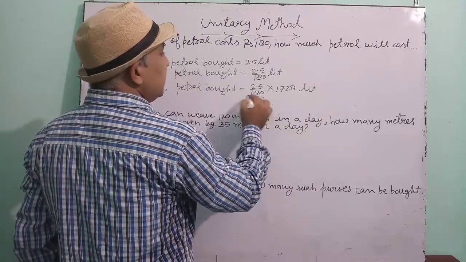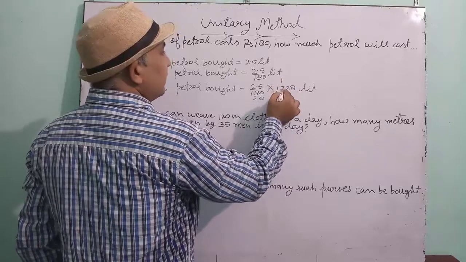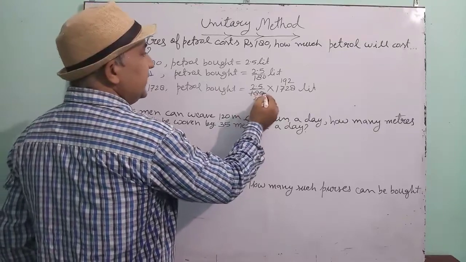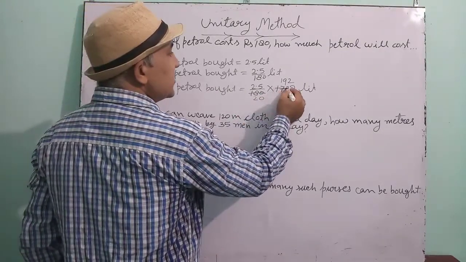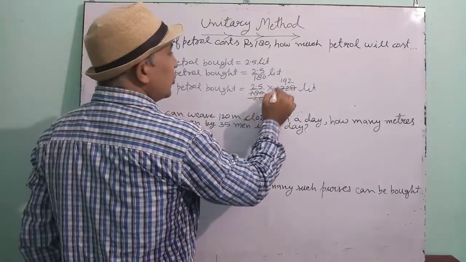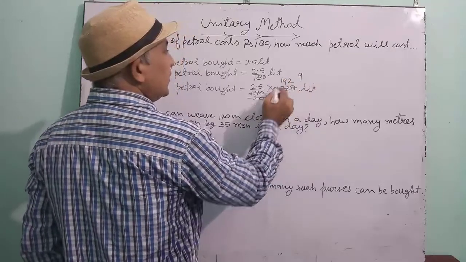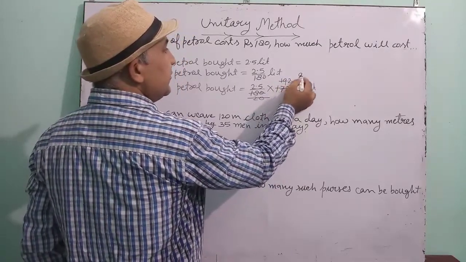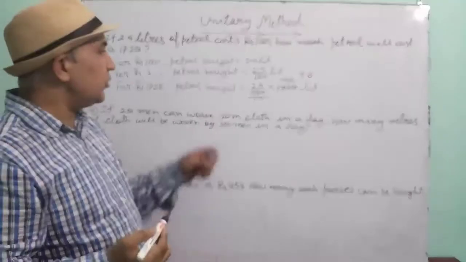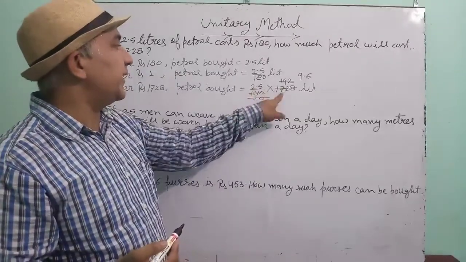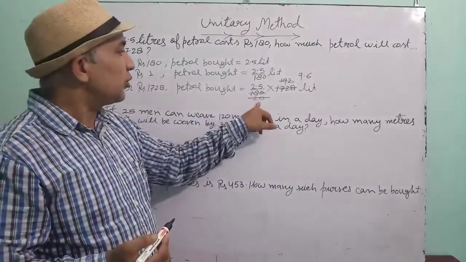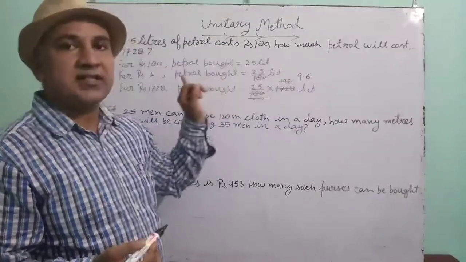9 can divide 180, 20 times. See this one. 9 dividing 180, then it is 20. 9 dividing 1728, then 192 will come. Okay. Now, if 20 divides this, 20 into 9 is 180. 12 is the remainder. Put the decimal, then 20 into 6 is 120. Understood? First 180 and 1728, both the numbers are divided by 9. Then here 20, here 192. Then 20 dividing 192 gives 9.6.